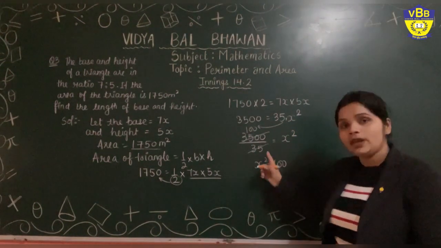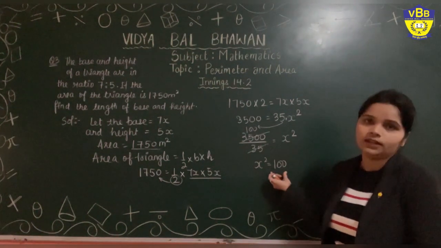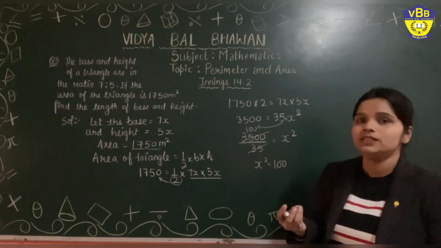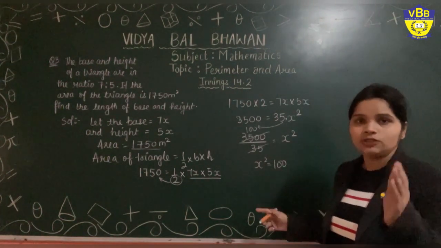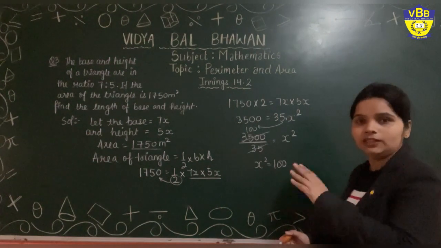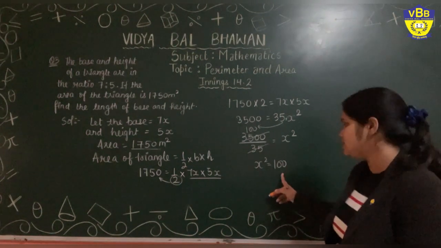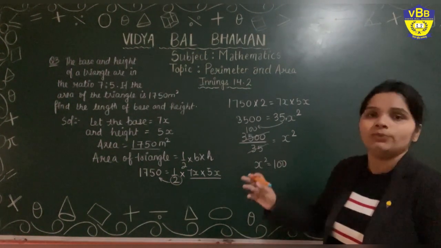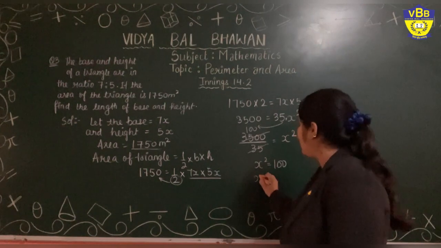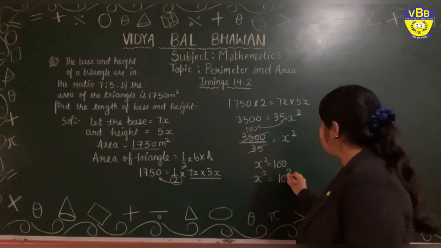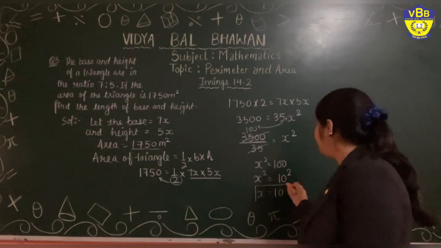Now this x square is equals to 100. That means to find the value of x, we need to find the square root of 100. In other simple language, which number multiplied by itself gives the answer 100? Like 2 multiply 2 is 4, 3 multiply 3 is 9, 4 multiply 4 is 16. So what number will be multiplied by itself? The answer is 10. 100 is the square of 10. 10 multiplied by 10 is equals to 100. That means I can write x square is equals to 10 square, which gives you the value of x, that is 10 only.